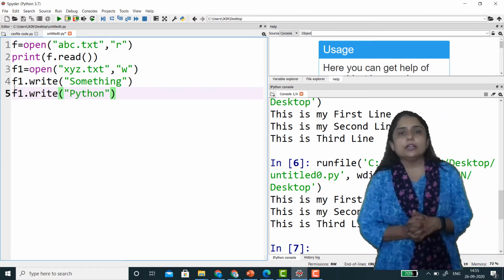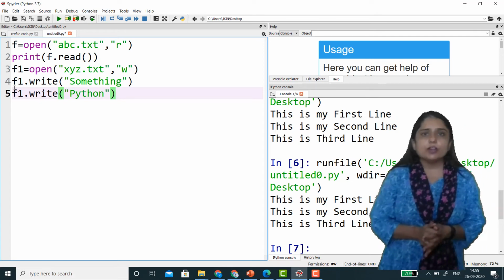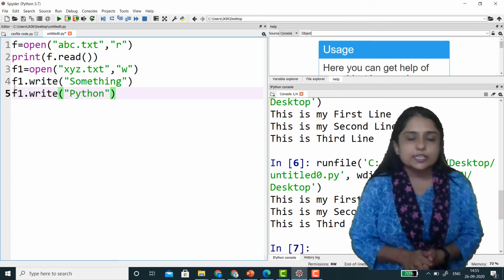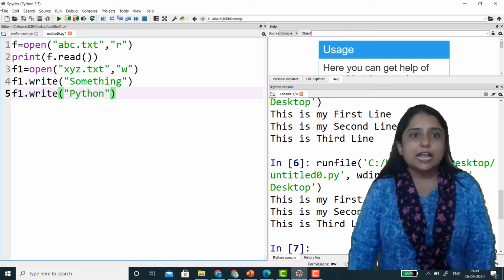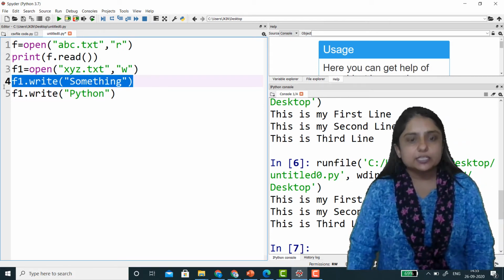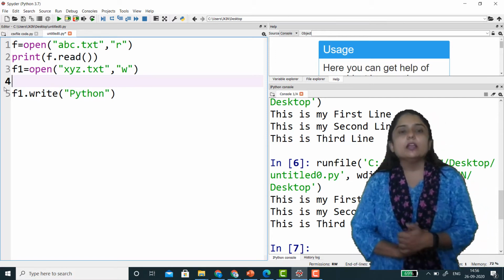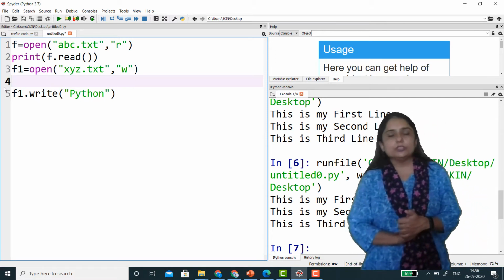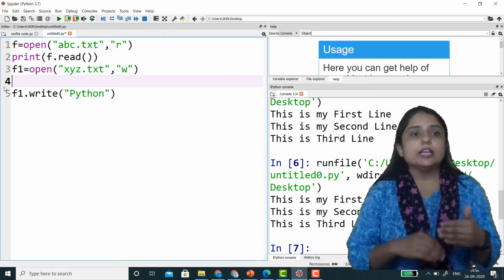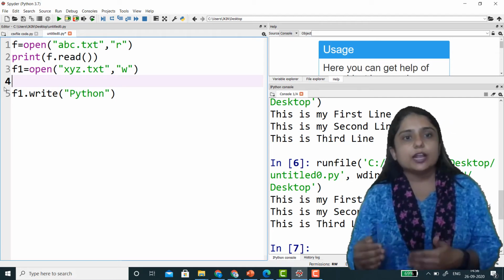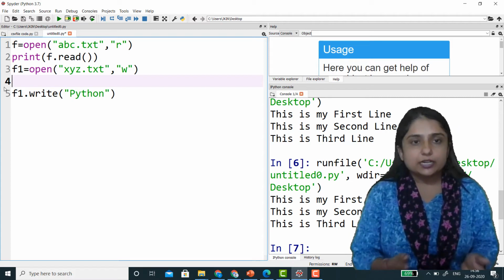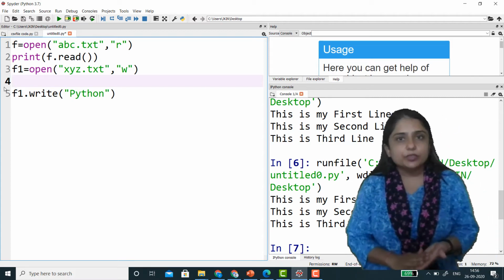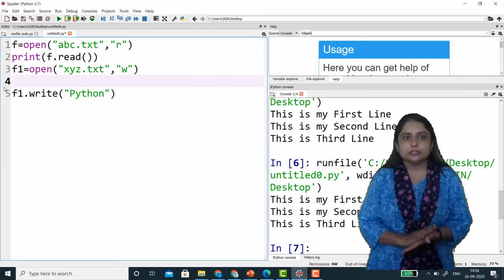Now you know that on the desktop we have one file named xyz.txt, and in that file we have something as well as anything. In that file we have two things, something and anything. Now again I'm writing f1.write Python. So according to us, that file should contain something, anything and Python.